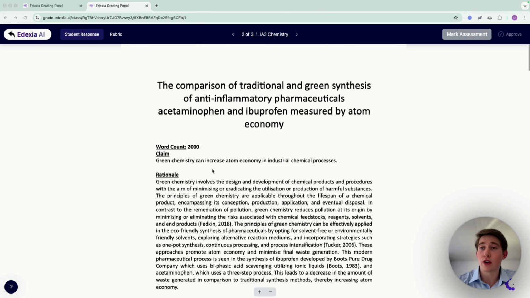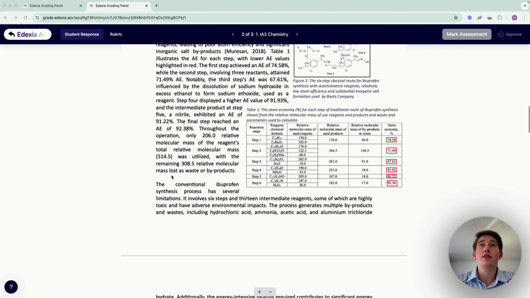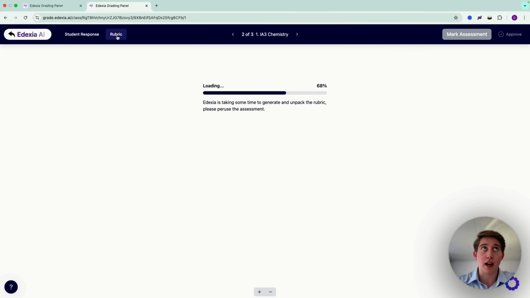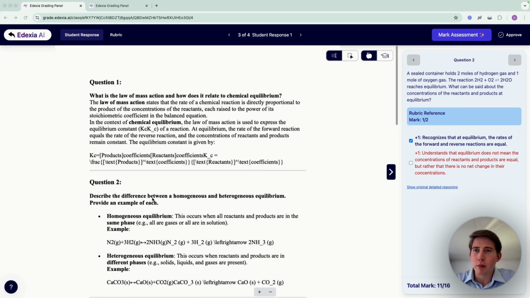So first, I'll actually show you the full example of a summative QCAA research investigation in the Year 12 chemistry space. Here you see the full multimodal student report. And then in the rubric tab up here, this is where Edexia will start to try and unpack its initial understanding of the rubric. But before I go through the more complex summative case, the more bread and butter case that we